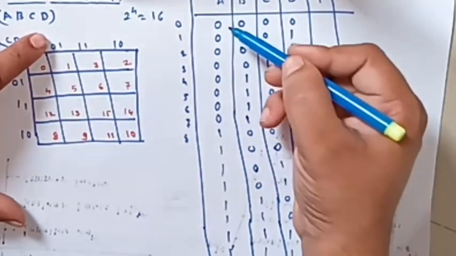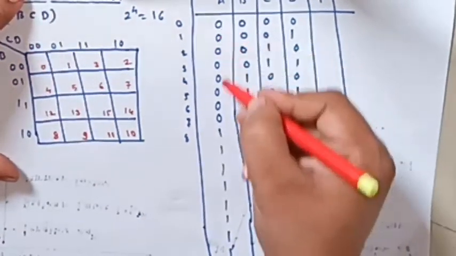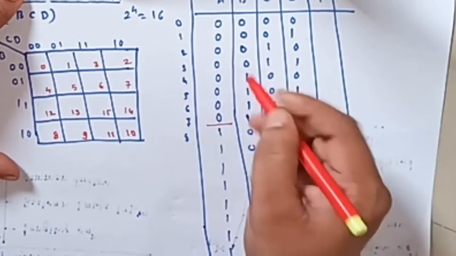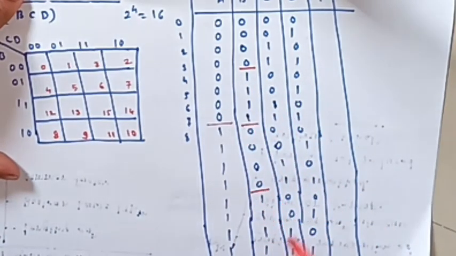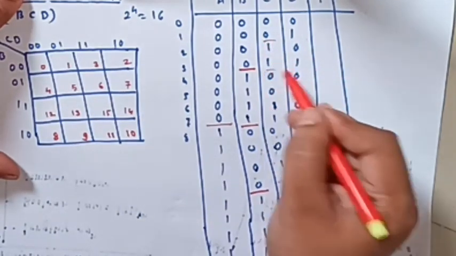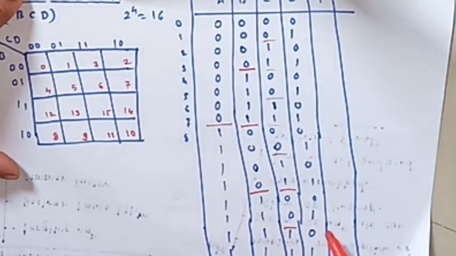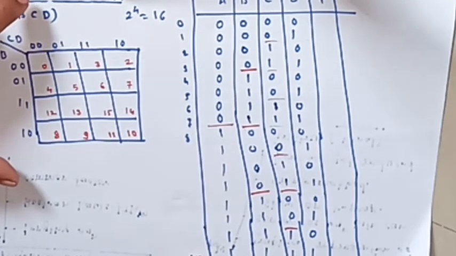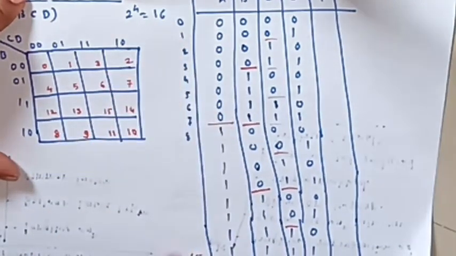Or you can also write like this. If you see towards this table, 8 times 0 are there, and 8 times 1. 4 times 0, 4 times 1, 4 times 0, 4 times 1. Double 0, double 1, and so on. And the 0, 1, 0, 1 sequence. So up till now you are getting the 15 decimal values. Up to 15 means total 16 combinations are there, 0 to 15.